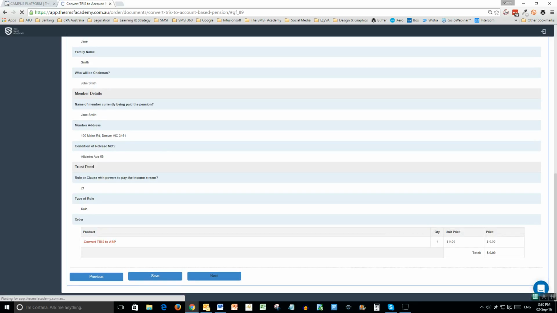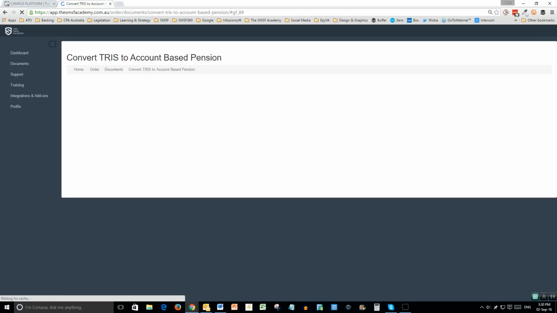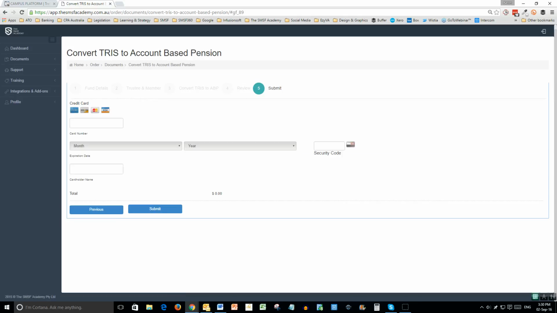Now, subject to the level of membership that you have, our silver and gold members can simply work through and submit that order without needing to include any credit card details. For those that are bronze and free members, you simply need to arrange for payment at this point in time. But we hit submit, and that will go and create that order after just a few minutes. So I'm going to quickly pause there, and we'll wait for that to generate,